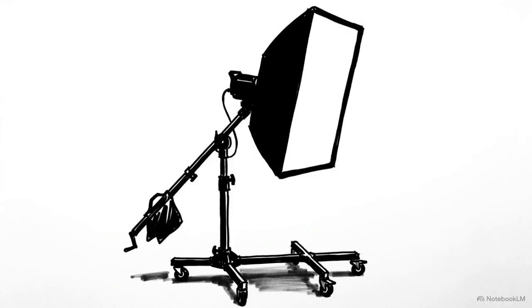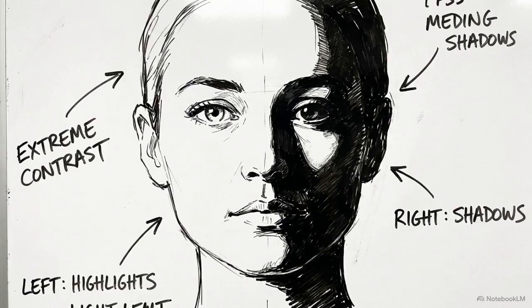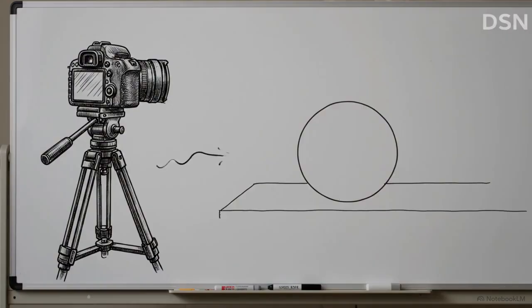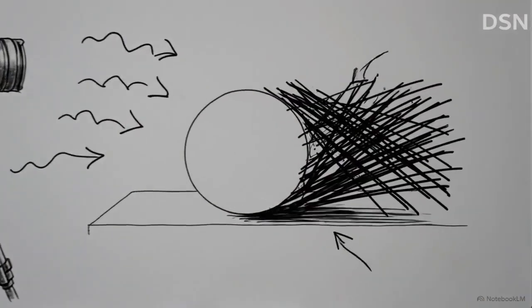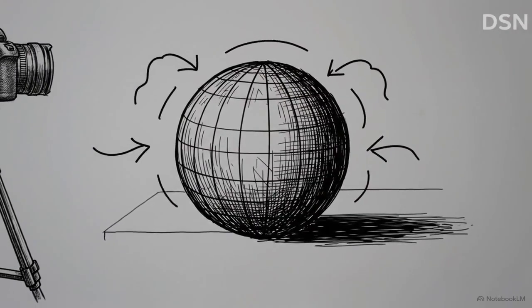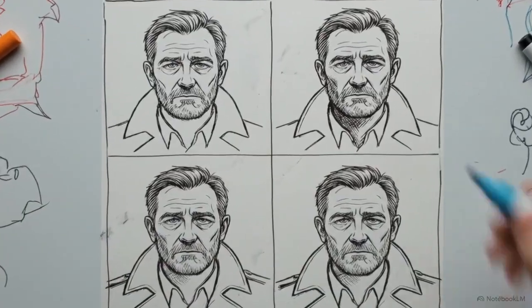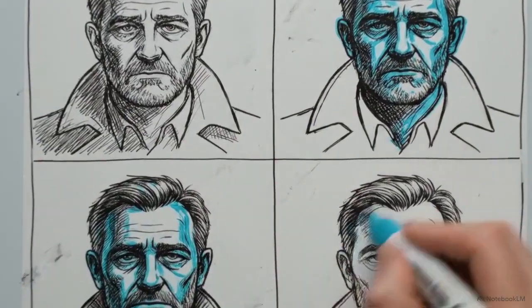Creating a light source is only half the process. Commanding the absence of light is just as critical. Add a direct shadow command to your lighting block, such as pitch black background or high contrast ratio. When you pair a defined physical light source with a deliberate shadow command, the AI generates true three-dimensional depth on a two-dimensional screen. Methodically execute your prompt and carefully examine the generated four-panel image grid to see how the model